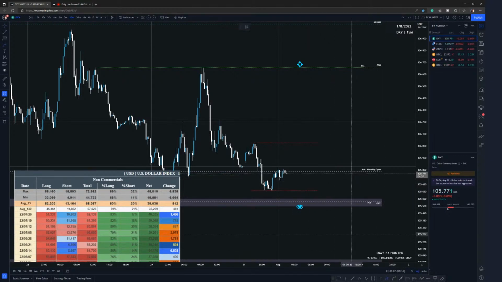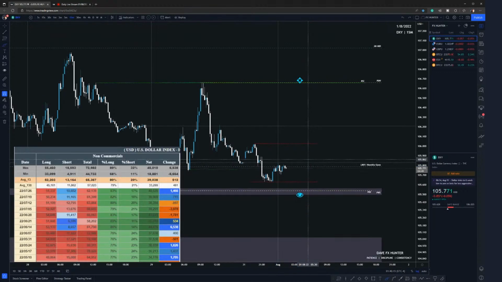what I want to see is the violations of these levels, then break of the structure, which could be break of this structure, or it depends what's going to happen in here. So it actually can create some structure here. So I want to see this, then the break of the structure, then pullback. That pullback should be at least 50%. So from this high to this low,